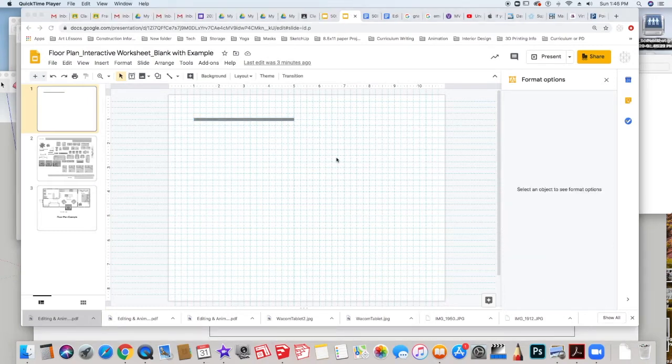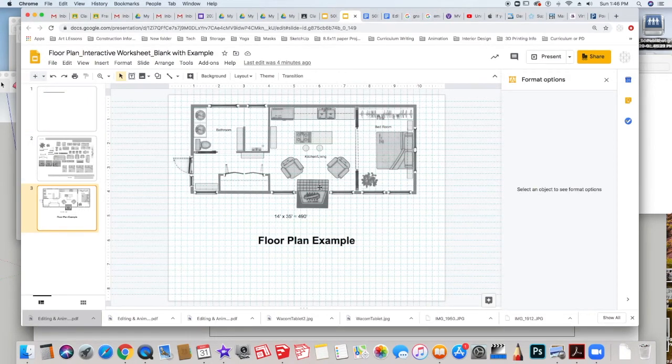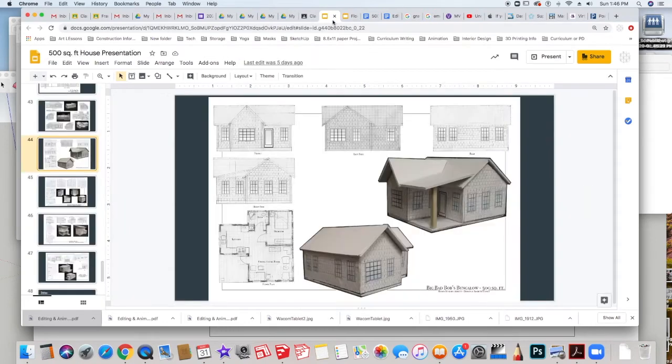So this is the first wall, but as a reminder, I just want to make sure that you know that you are not limited to doing a rectangle as shown in the example. You can do any configuration that you'd like. In the presentation, I showed you a few different types of houses that other students did, and you'll see here that there might be a main rectangle area, but then you can also combine that with other types of shapes.